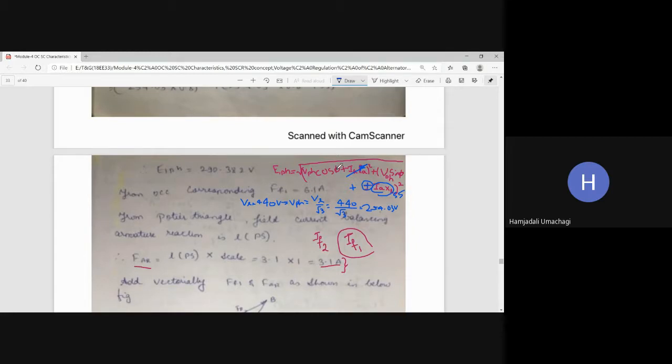V phase, take it as 254.03, cos phi as 0.8, I into Ra, since Ra is not given, for that sake we are treating it as 0, neglecting the Ra drop. Then V phase 254.03, sin phi is 0.6, I into XL is 55 whole square. Take the plus sign because of the lagging power factor. So what is E1 pH we are getting?